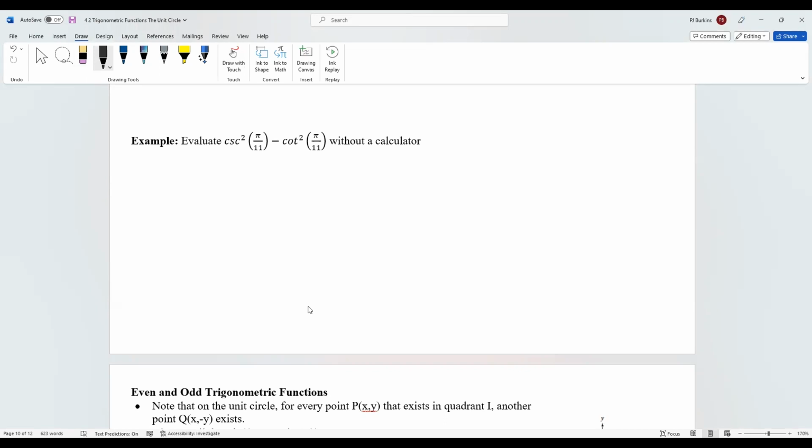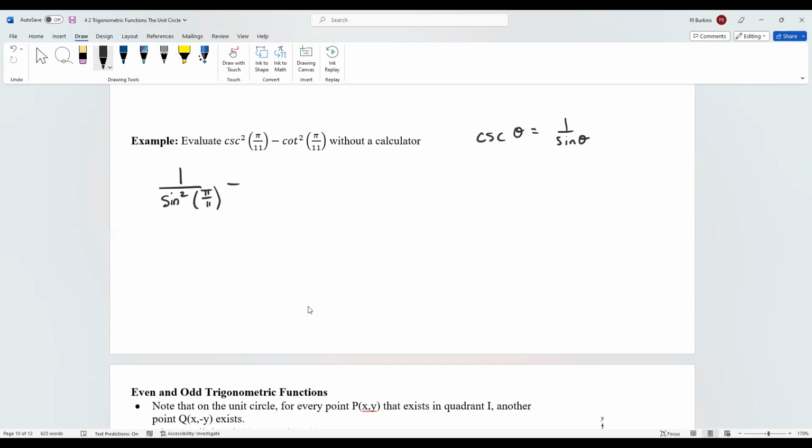So how can I relate these to the trig functions that I do know very well, sine and cosine and tangent? Well, cosecant is 1 over the sine. So this becomes, and because it's squared, it's just sine squared. So 1 over sine squared of pi over 11